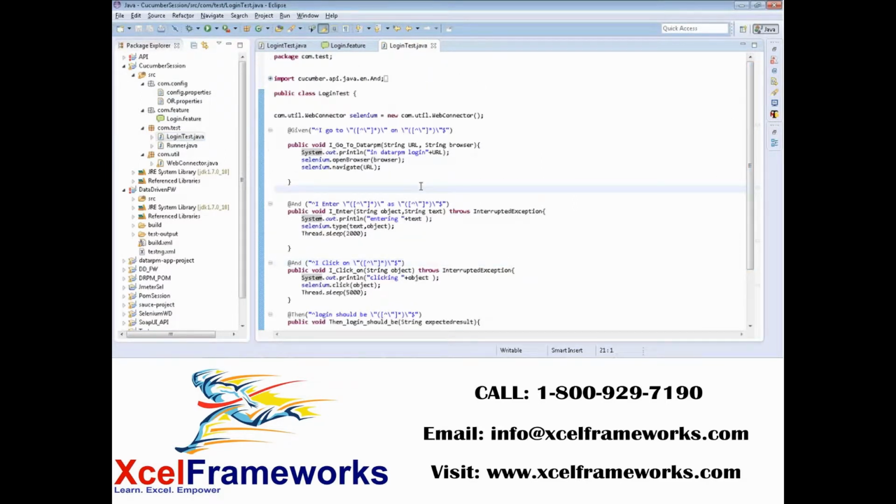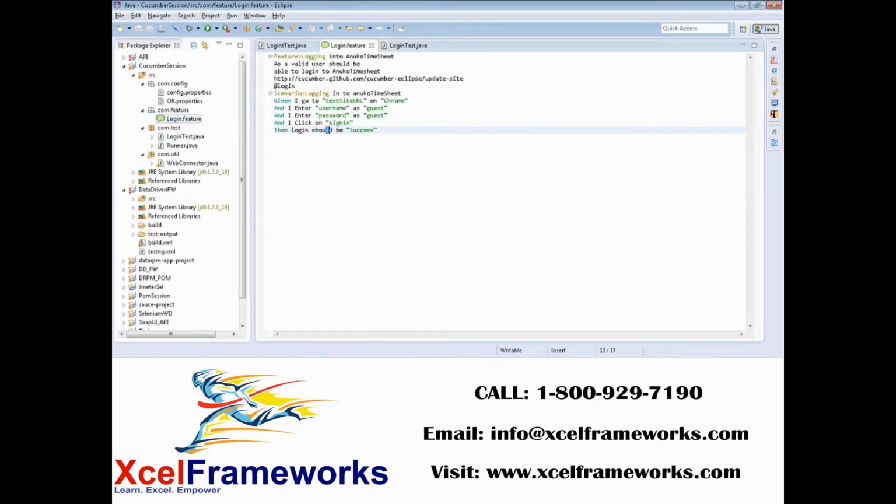So this is pretty easy, and people nowadays are using it a lot with Selenium. They don't want to see the TestNG classes or anything like this. They just want to see a test case that looks simple, in natural language. So if I run this, it should be able to run. That's the power of Cucumber. Cucumber is not a Selenium tool. It's totally a BDD tool, but they have given a feature wherein we can easily integrate it with Selenium or Ruby. Ruby is a very popular one, but nowadays they are supporting Selenium with Java also.